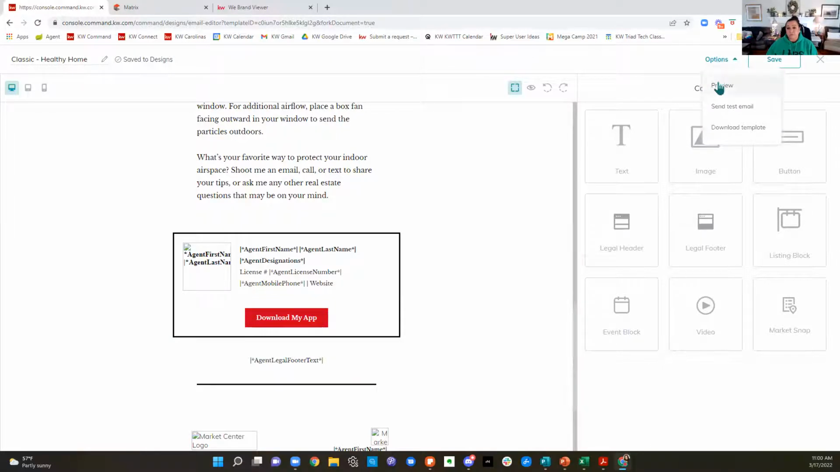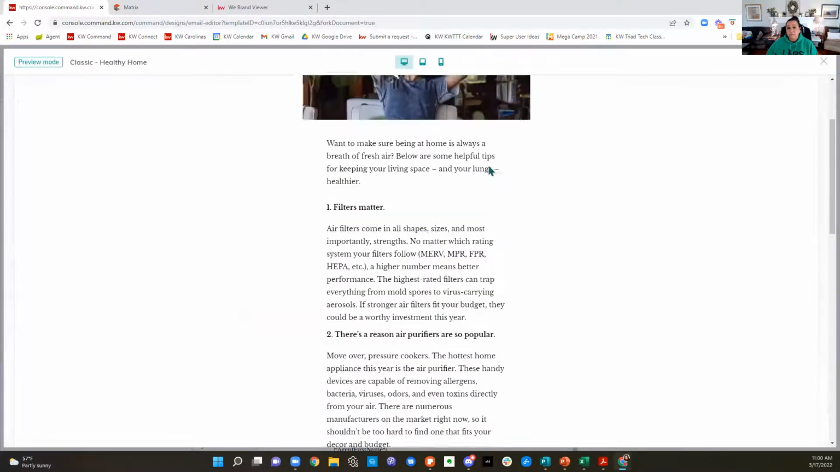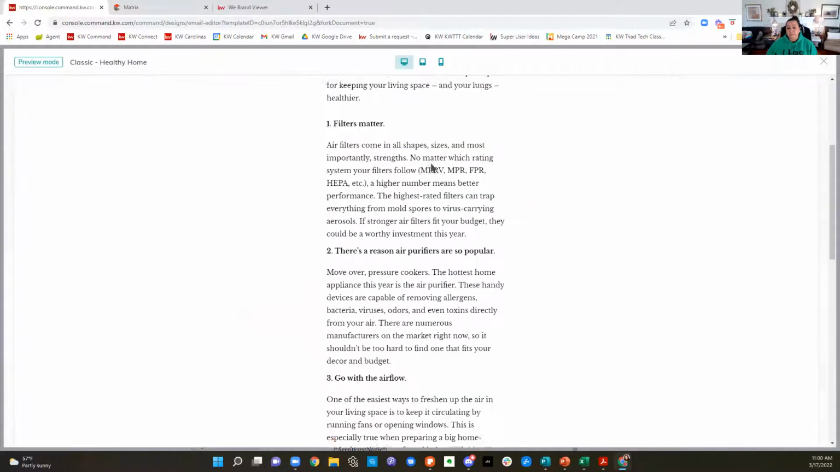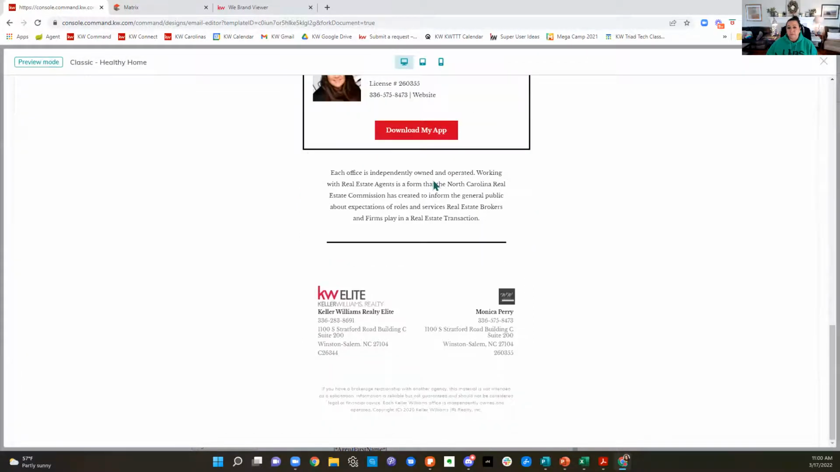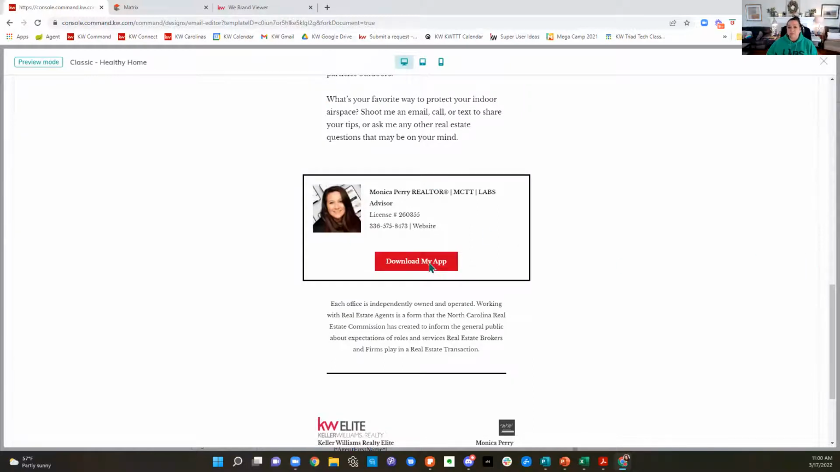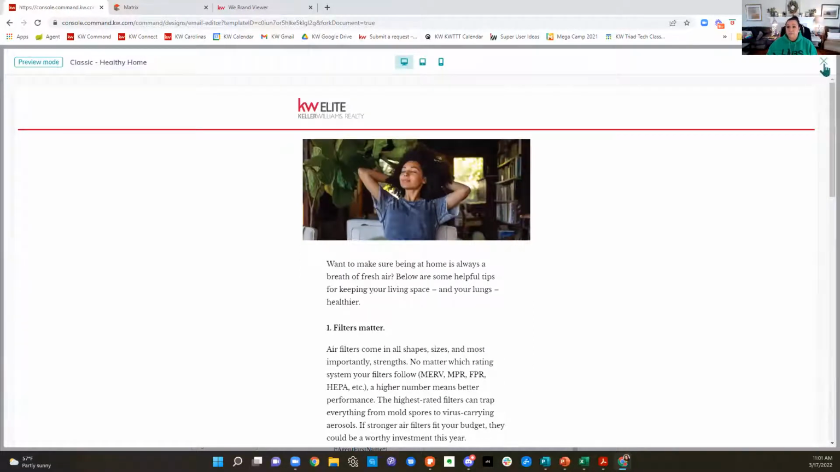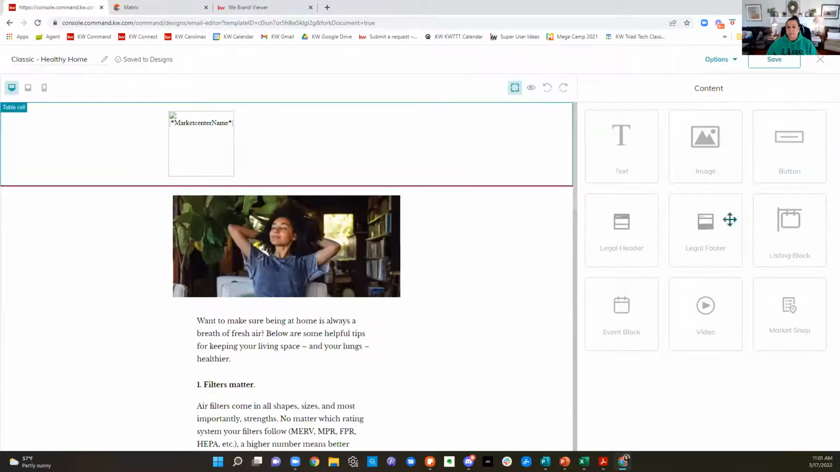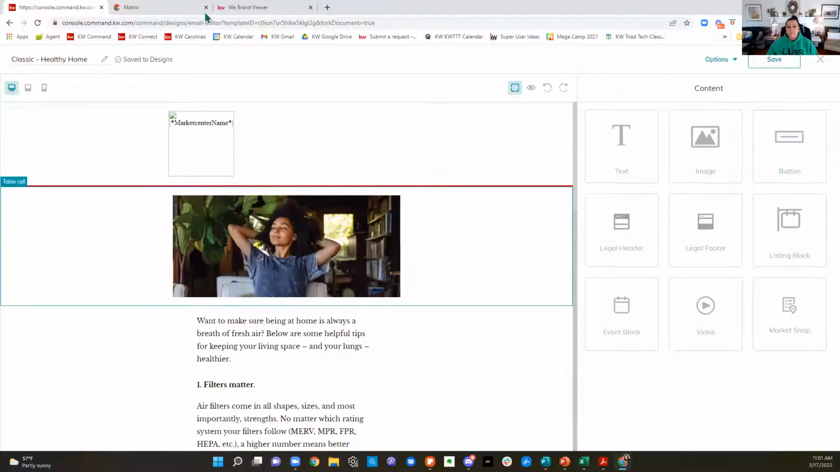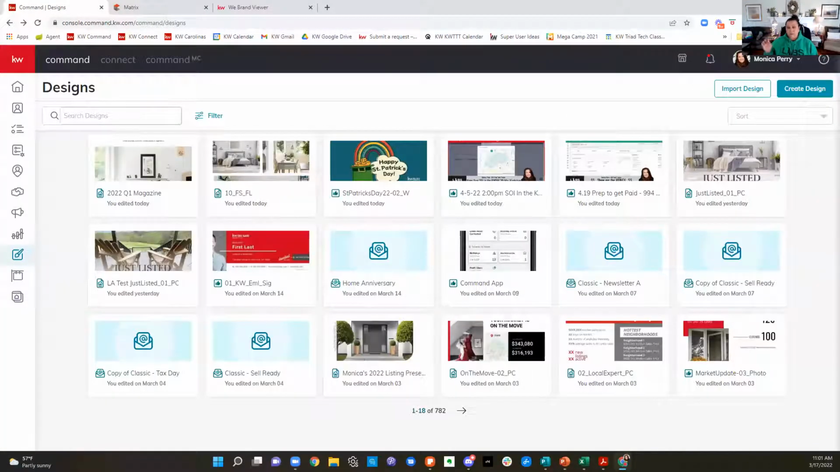So if you go options, preview, my logo dropped in, and down at the bottom, there's my picture, there's my license number, yada, yada, yada. The link to download my app, it's all built in there for me. Right? So email designs are a little bit different. You see all the stuff on the right. You can pull in text, you can pull in an image, you can add a button, right? So I'm going to step back one and show you how you could make one that is